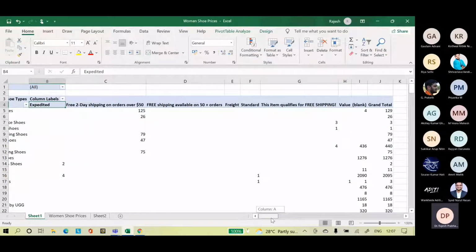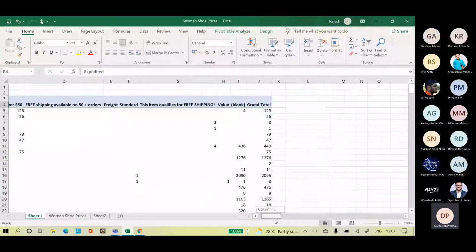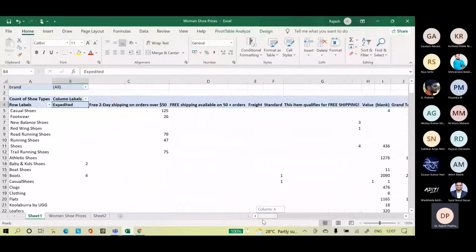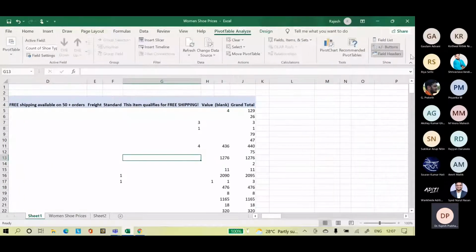Expedited, 3-day, 2-day shipping, free shipping on 50 plus order, price standard, free shipping, value blank. Okay. Shipping is also there. Here we can look at the shipping.